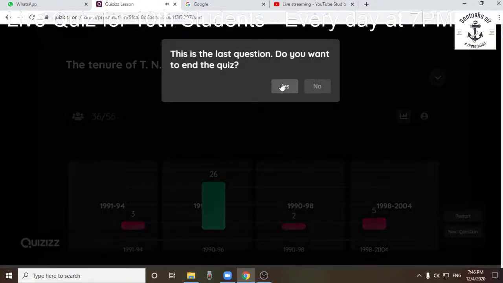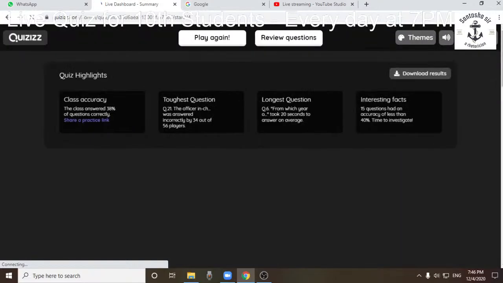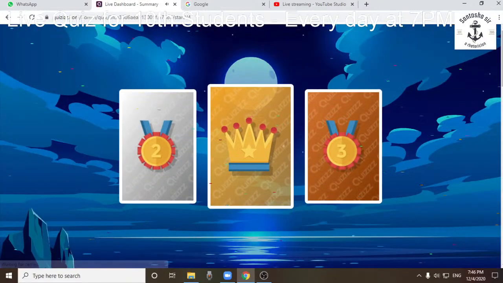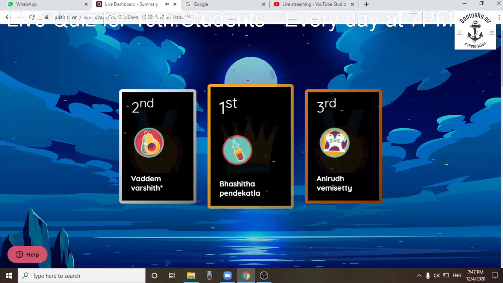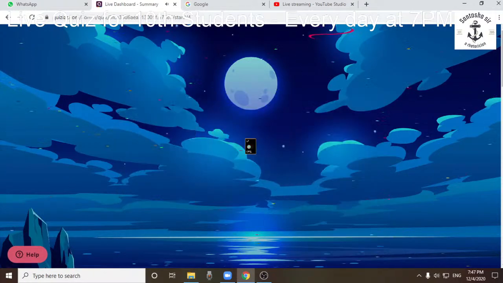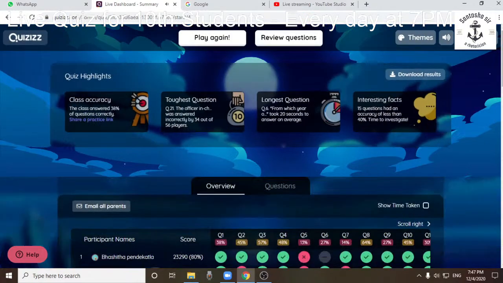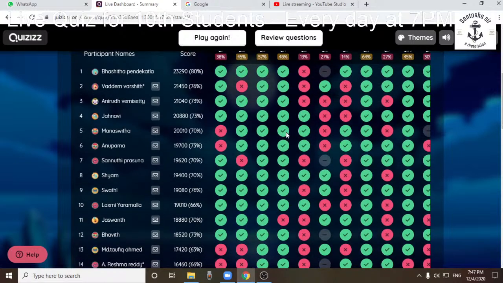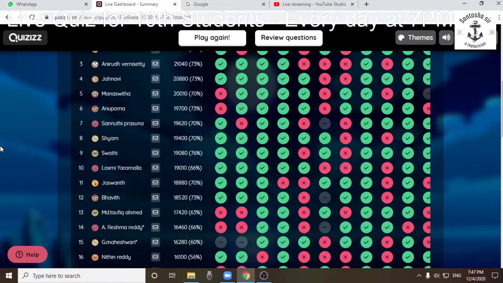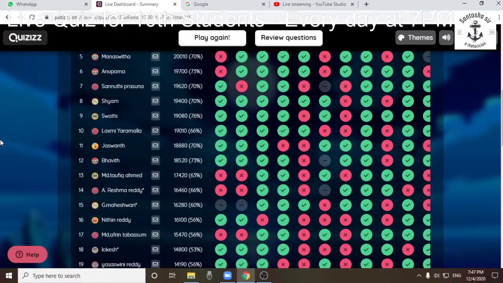So let's check the final result. Anirudh is on third position, Varshit second position, and topper of today's quiz, Bashita. Congratulations to the winners and runners. We have Bashita, Varshit, Anirudh, Jahnavi, Manaswita, Anupama, Prasuna, Shyam, Swati, Lakshmi, Jashwant, Bhavit, Taufik,